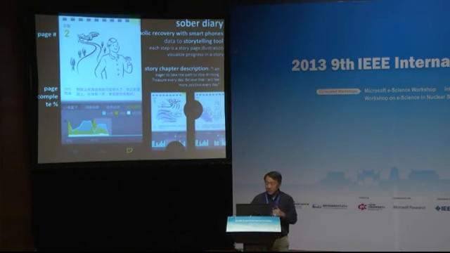Okay, so this is another tool that we're building in. It's called the storytelling tool. So basically, in the U.S. there's an Alcoholics Anonymous program. It's called the AA, okay, and it has the 12-step program to quit drinking. Okay, so basically we draw each step into a story page illustration. Okay, and so we're trying to visualize the patient's struggle with alcohol. We're trying to visualize that progress.